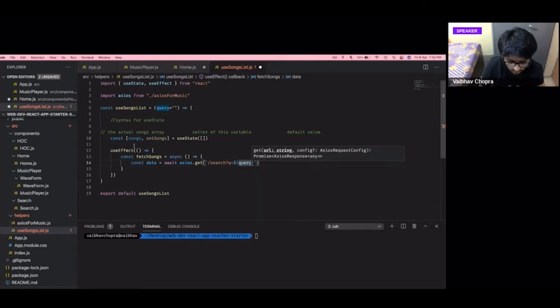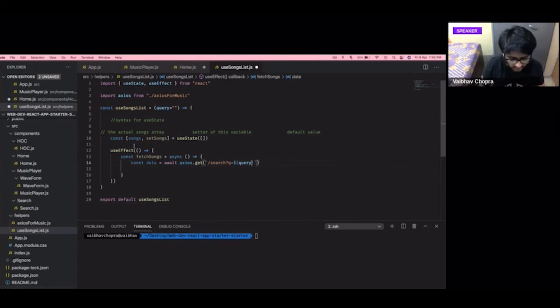So if you want to search with this query object which you are passing on to this hook, you want to use this syntax. Then, first of all, you have to put this side effect, this fetching operation, in use effect, and you have to go to the slash search route. If you remember, we created a slash search route where you have to pass the substring in the query parameter, and that's what we are doing in the query object by using this backtick notation. This is called a backtick notation, where you insert a variable inside a string. Okay, and the result we are getting in this data object.